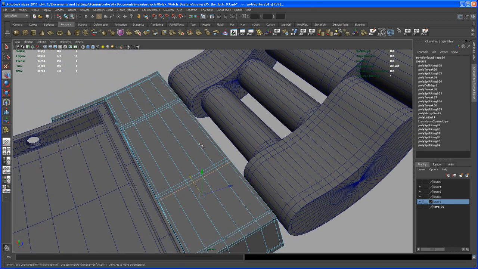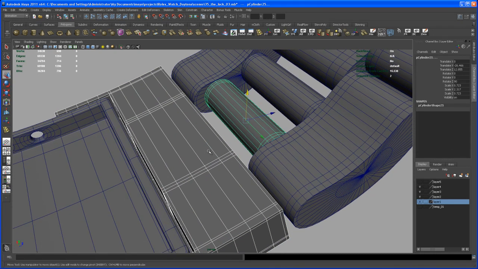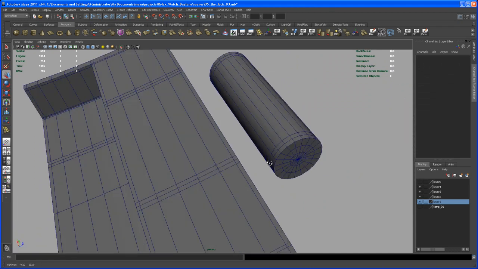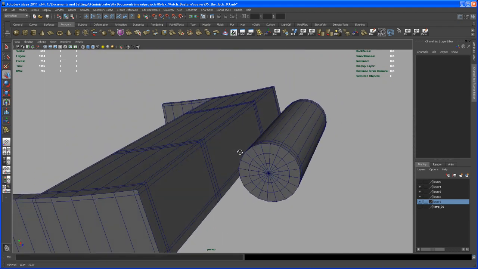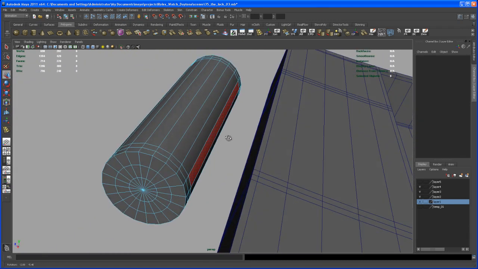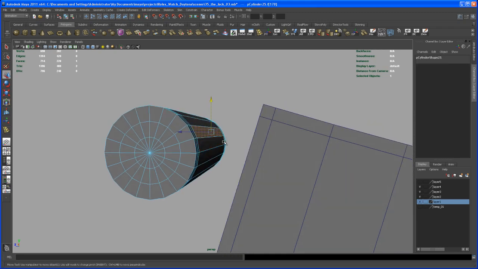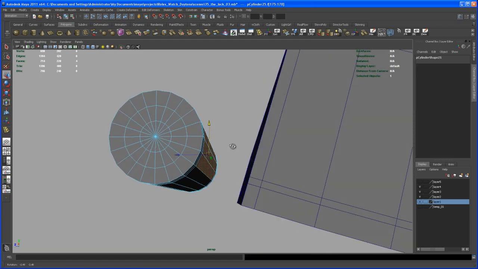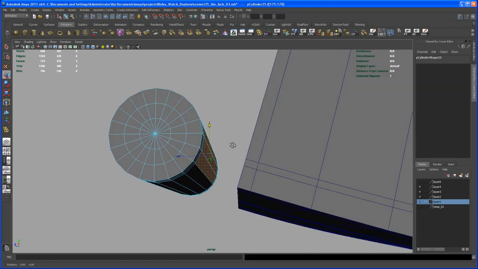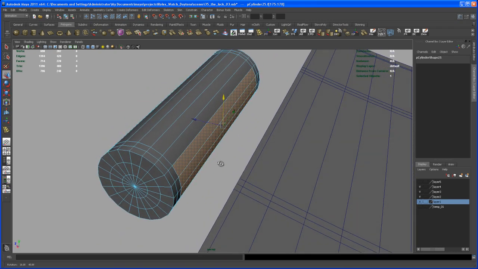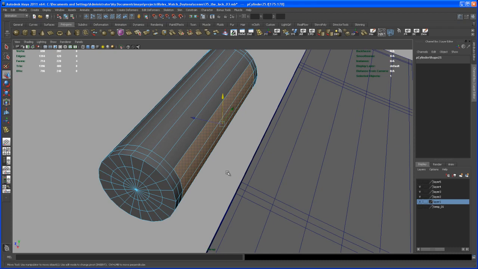Okay, so what we can do now is to have a better look on what we're doing. Select the cylinder and that piece here, and then hit Alt H to hide everything else in your scene. And now I want to connect this part here with this one. So let's check out how many faces we want to connect. I would say this one here, this one. So let's do this with these 4 faces here. Okay, so delete those,